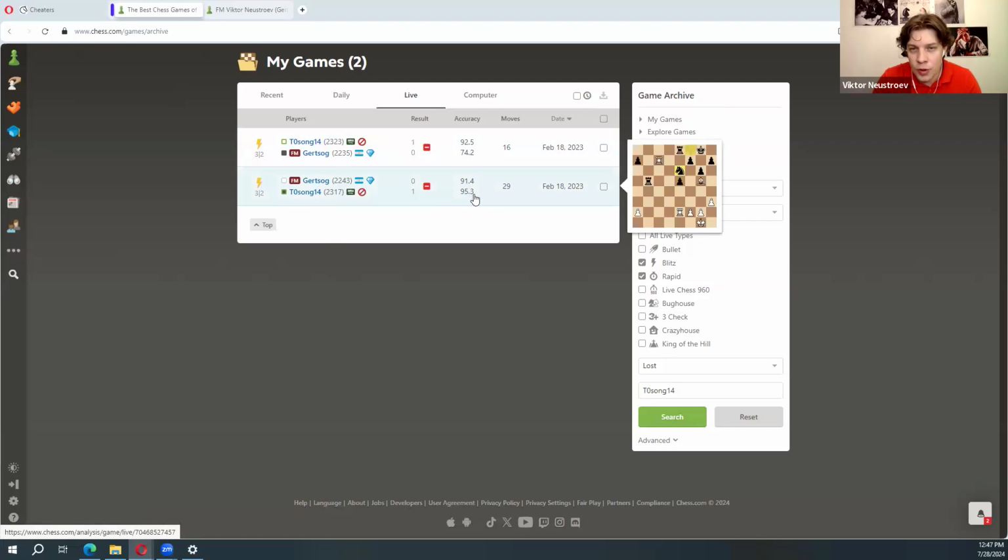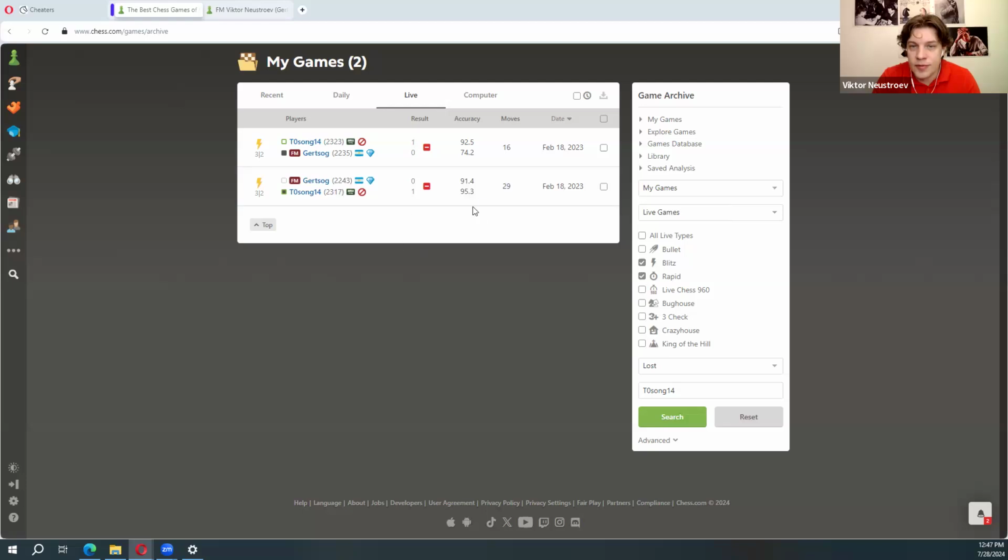If the game was short, and for example, one of the players blundered a piece in the opening and then resigned, then okay, there can be a huge accuracy. Or if the position was simple enough and the game ended in a draw, it still can be a huge accuracy, like 95 or 92, something like that. But this was a 29-move game, and this guy played like an international master or grandmaster. So it looks suspicious, especially if he is from the Middle East.